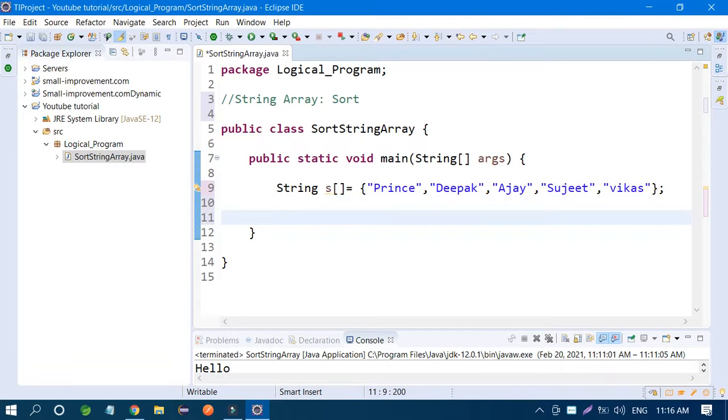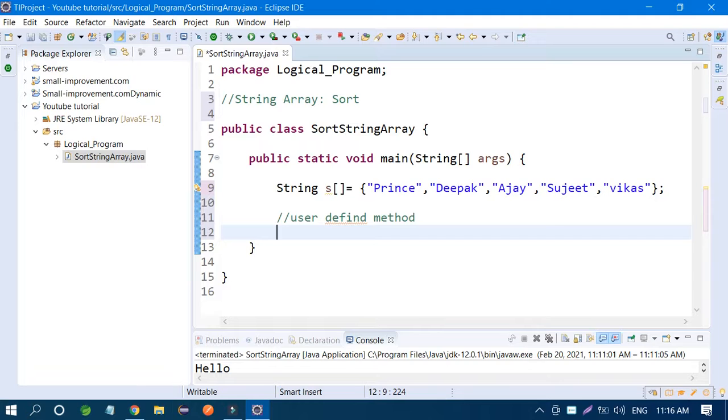So I'm going to use a user defined method. I'm not going to use any predefined method, so be careful. And this question is very important for the experience level also, fresher level also. So I hope you understand, it's a better way, then you can do it. Okay, so let's start now.